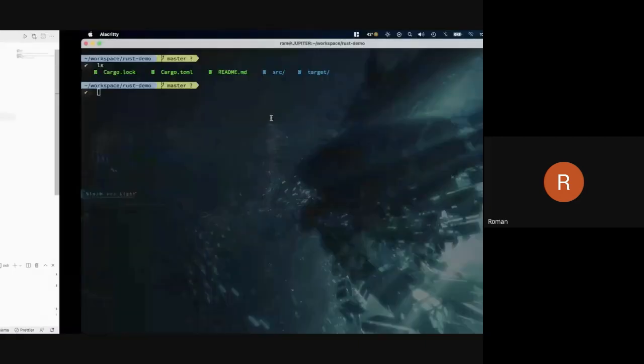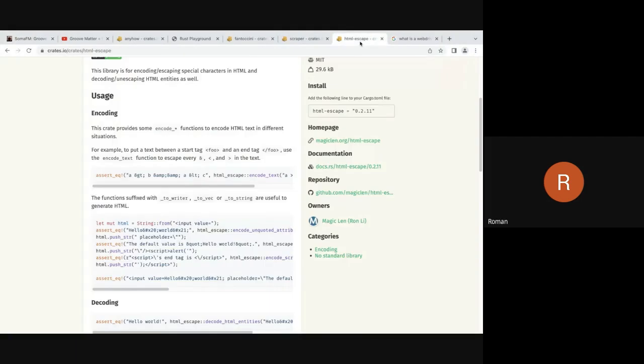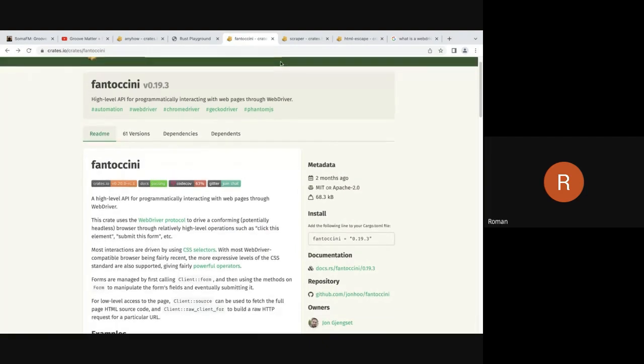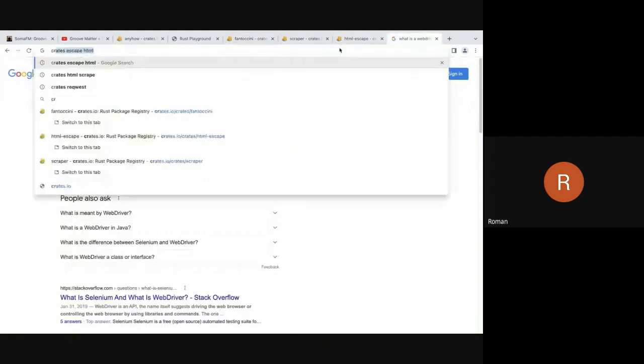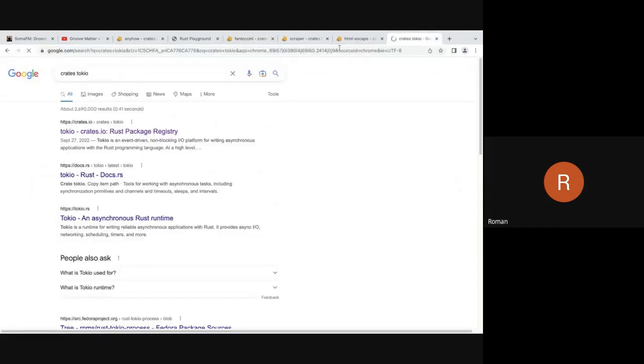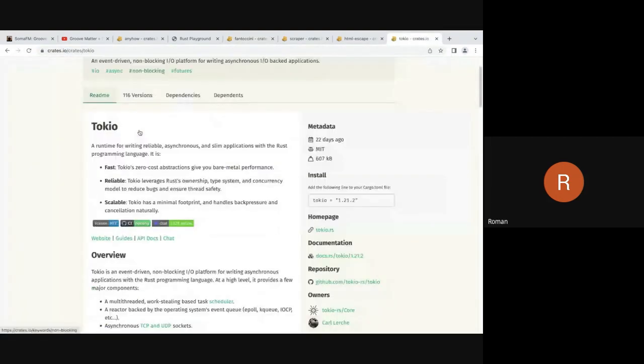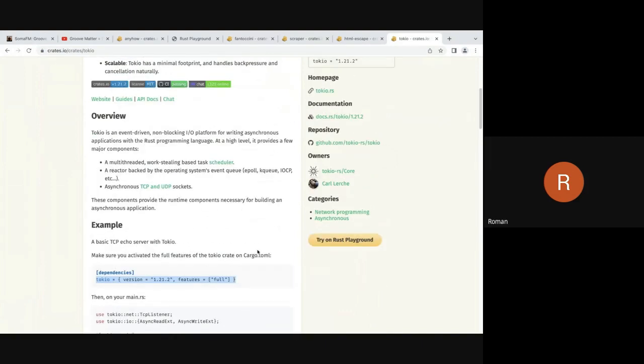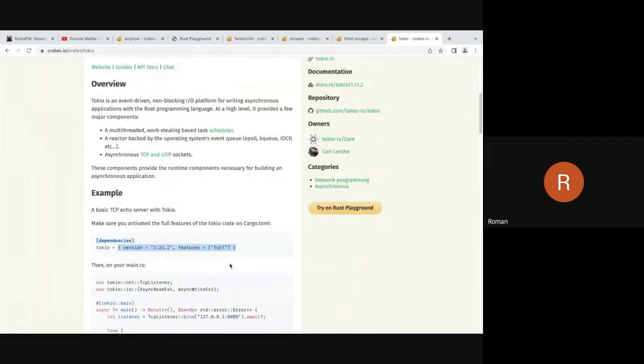So as I said, Rust features. Always check if there's a Rust feature that you need to implement, like for Tokio. If you go to Tokio right away, it tells you right at the top what it should look like. You can literally just copy and paste that, or you can add it like I did before, and then go in and manually edit it to add this feature. Because if you don't, you're in for some pain. You'll end up adding it later once you've